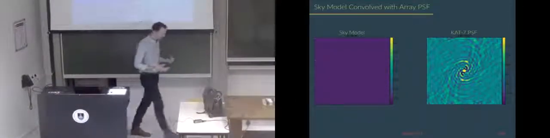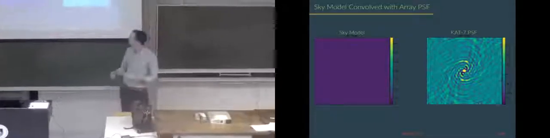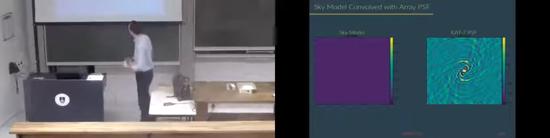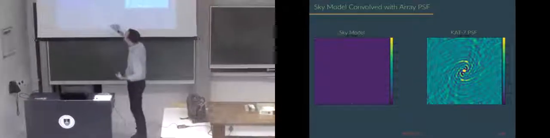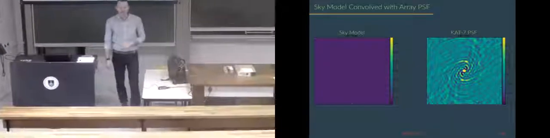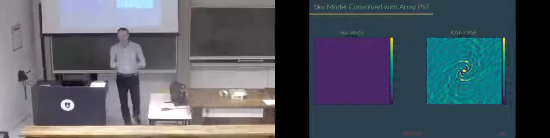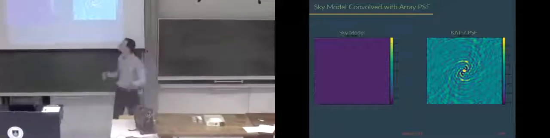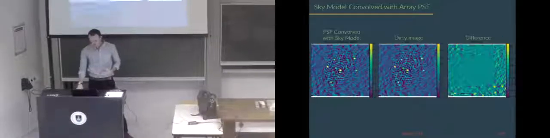Okay, so what do I mean by that? Typically we have some point spread function due to the array, due to the bandwidth, how we observe the declination, remember? And then we have some sky model. You can see a few point sources here, right? Because these are our objects in the sky. This is what we want. We want some true idea of what the sky looks like. This is all due to the instrument. This is something we would like to get rid of.